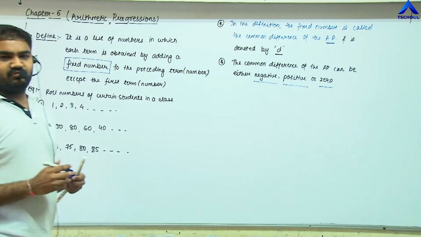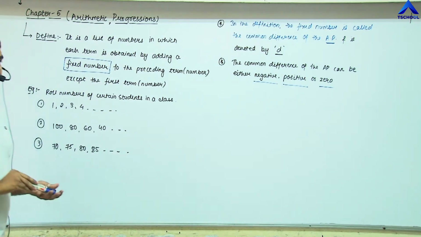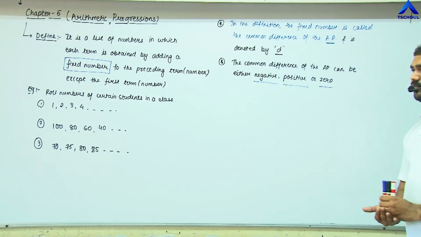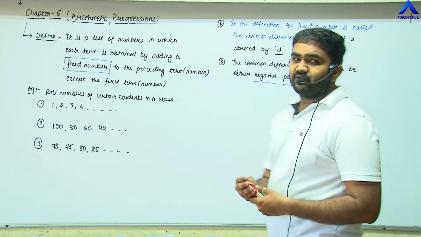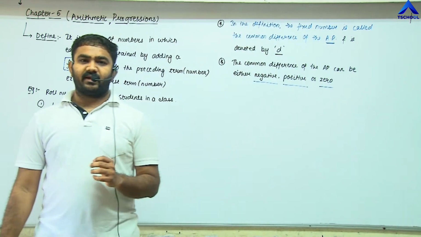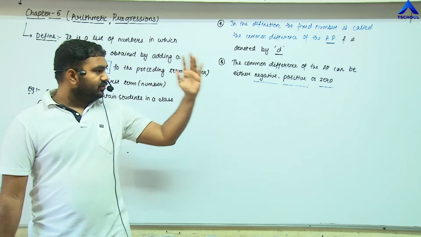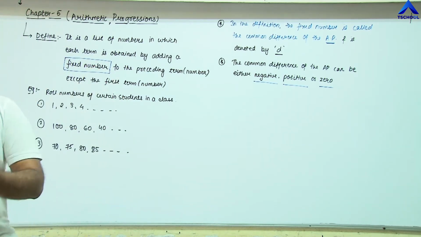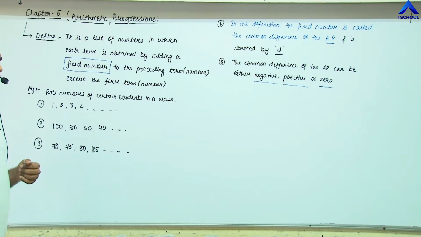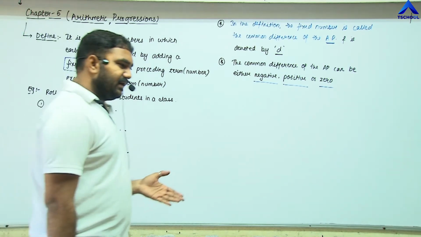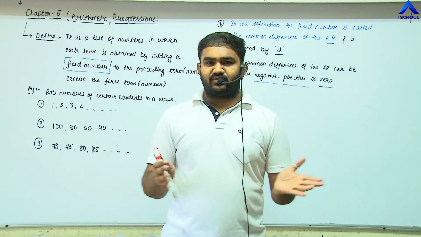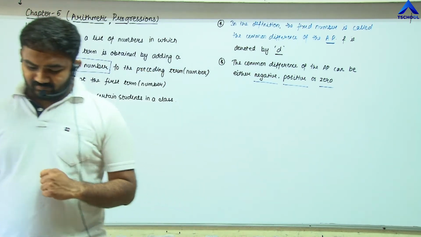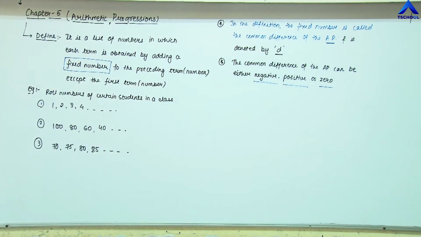Note that, friends, in the new NCERT textbook, the common difference can be taken as 0, whereas in the old syllabus textbook, it was said that you cannot take the common difference as 0. That means the common difference was always a non-zero constant, right? So according to the new textbook, we are going to follow that the common difference can be either negative, positive, or 0. It can be either of these 3, whether integer or real number, whatever you say. Is it clear, friends? So that is about the common difference we were talking about.